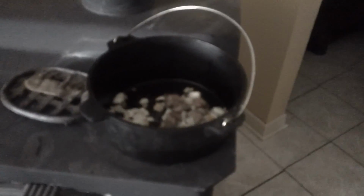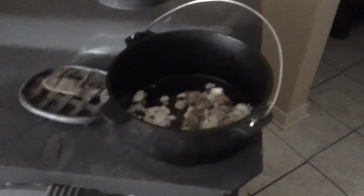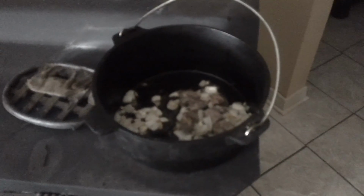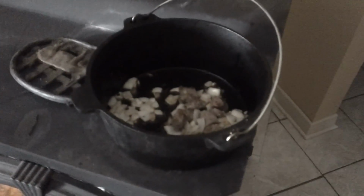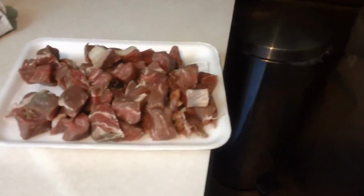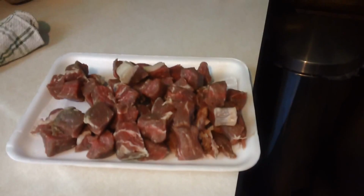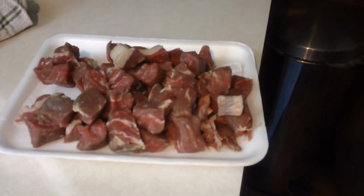Now that my garlic and onions are sauteed, and I had a few of the pieces that had a little bit of fat on the outside, I put those in there and let them brown up. I'm going to throw in the rest of the steak. And I'm going to put some salt and pepper on this steak. I'm not going to do any fancy seasonings. I might probably put some margarine, maybe some thyme in there for seasonings, but we'll see how it plays out,